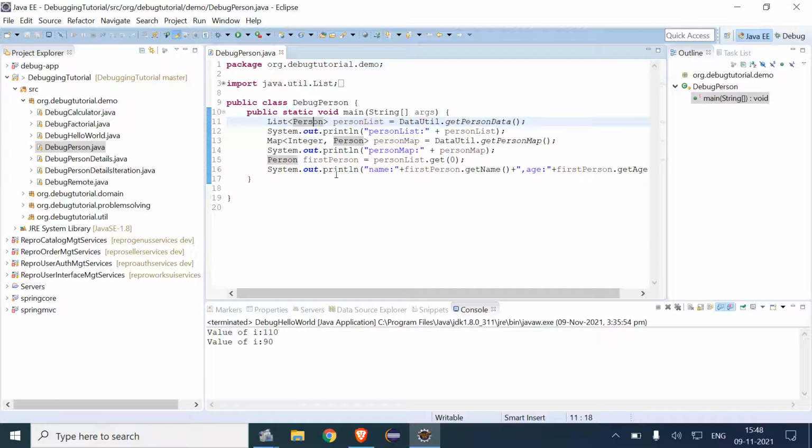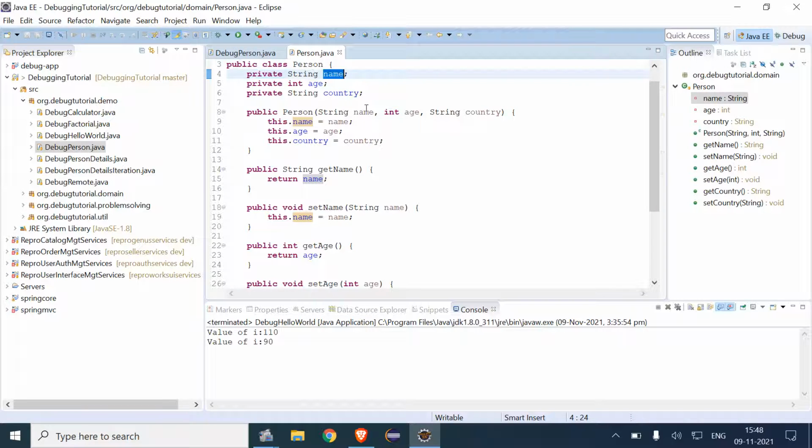Basically, overall, this is the structure of the program. First, we will go to this person object. It is a simple POJO with name, age, and country.